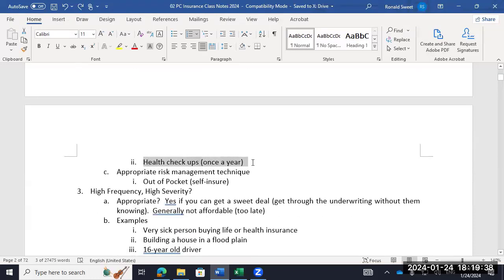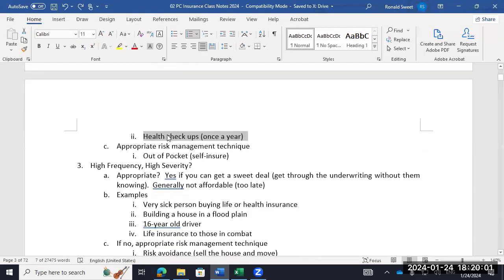Healthcare checkups. I won't get into it; we talked about it last semester in my life insurance class. But yes, you should be paying for healthcare checkups out of your own pocket. You might say, well, I only go once a year, but once a year is pretty high frequency. Compare that to auto accidents: most 20-year-old guys have one once every 2 decades. So maybe that would be low frequency, but it's still not going to cost you much. So here, the best thing is just pay it out of pocket.